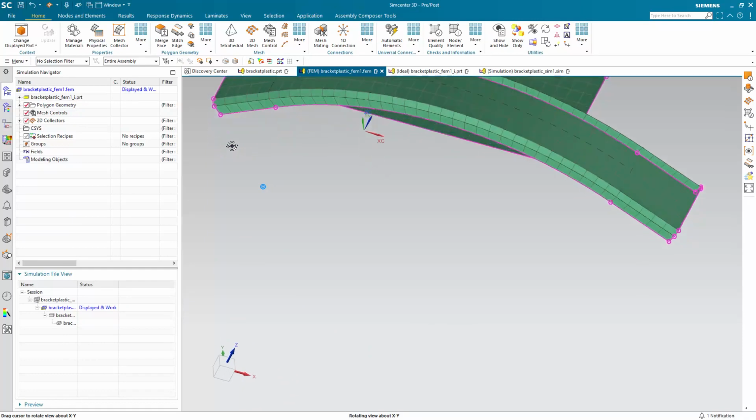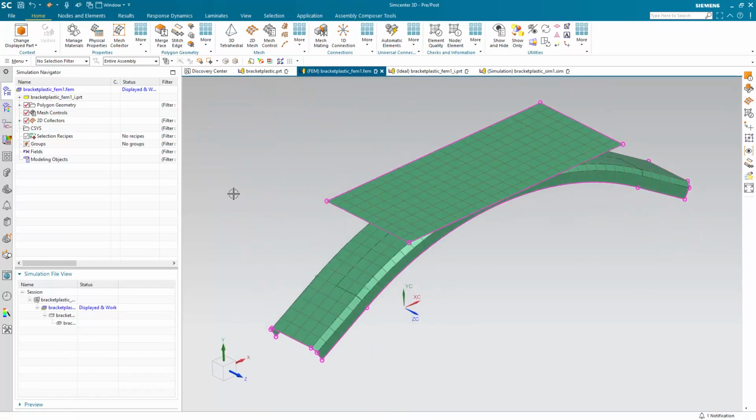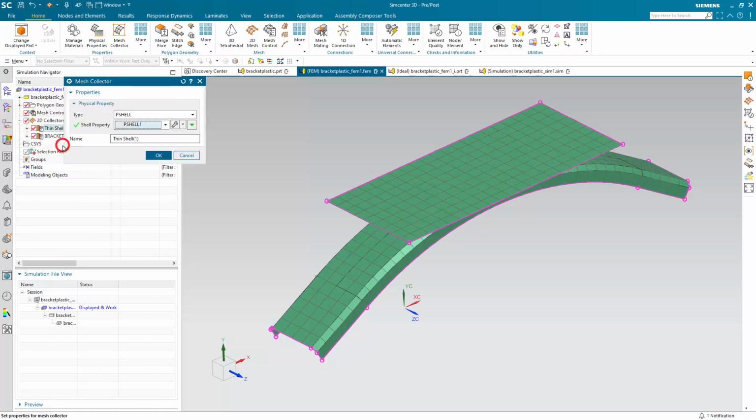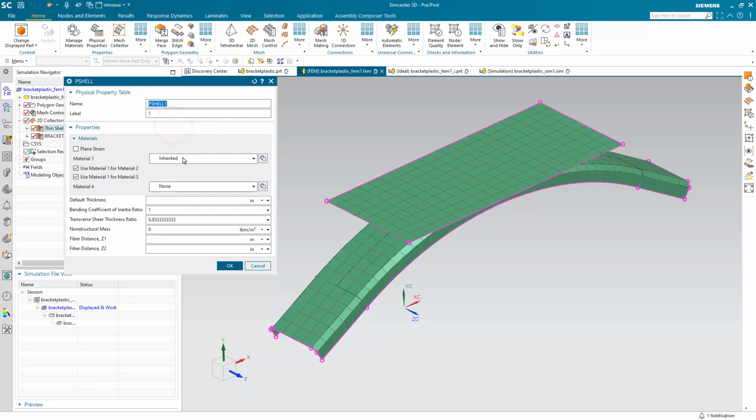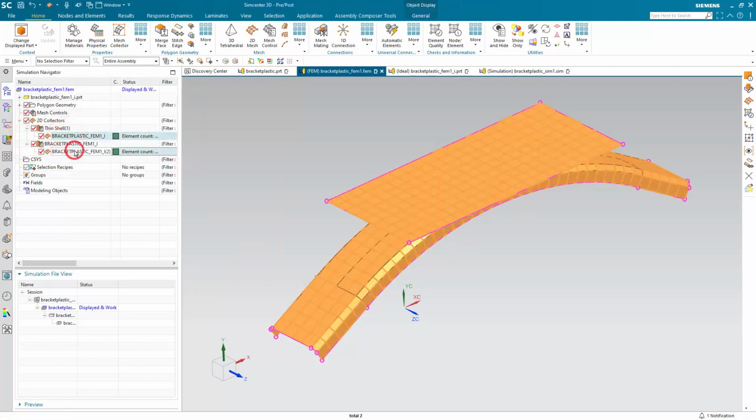I had temp free map meshing on, so you can see we get a nice map mesh on our bracket and our ram. Now, because we had assigned material to the CAD model, we can inherit that into the simulation model to reduce a potential source of error. And here we can check what material was applied from the CAD model